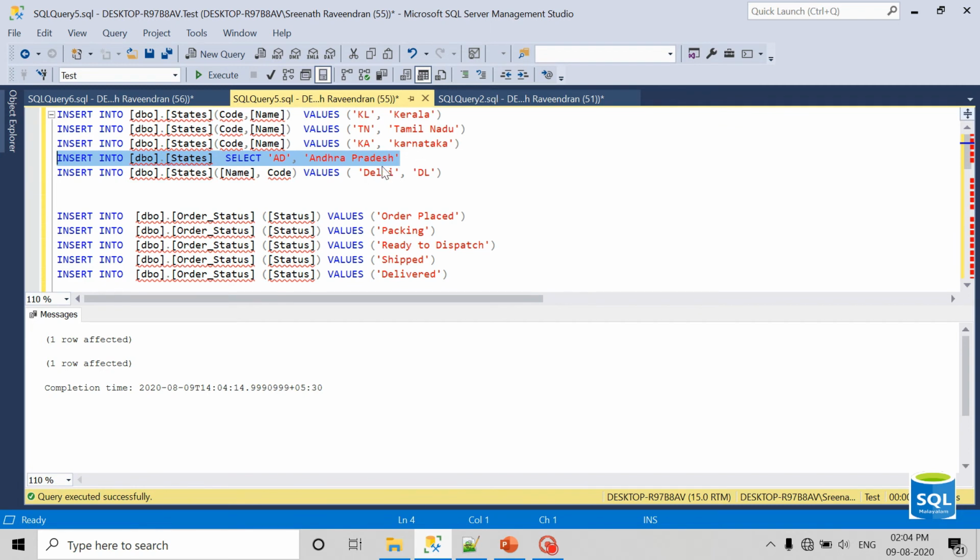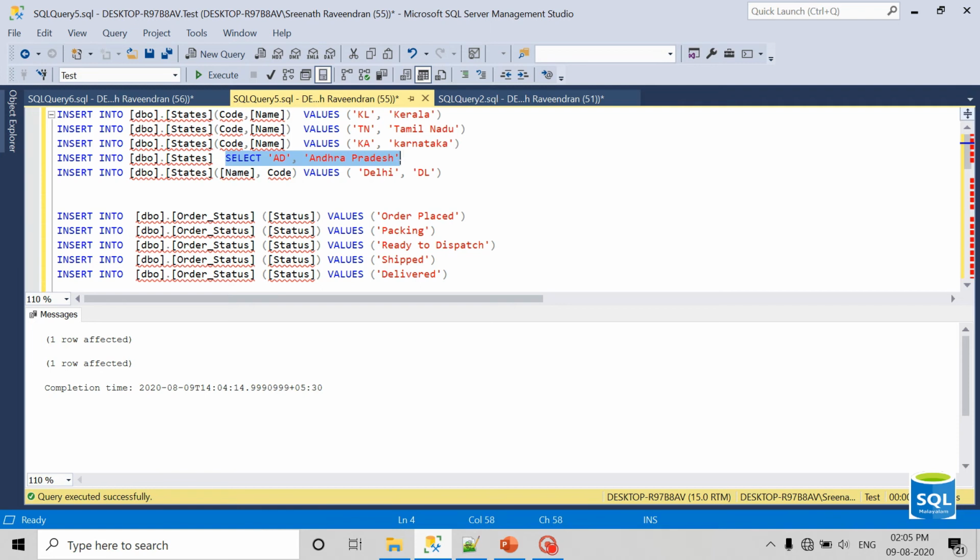If it is for some debugging in your local, then we can insert a value using this syntax also. Means we don't need to specify the column names.